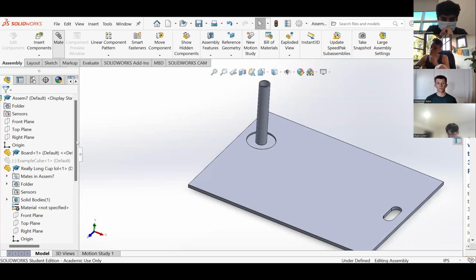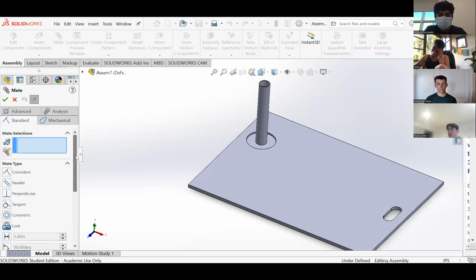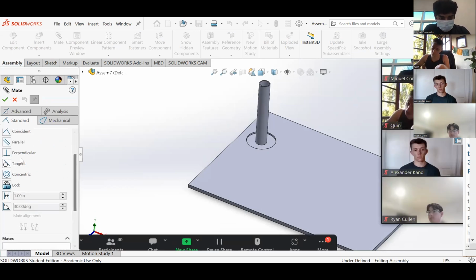The other thing that I can't really demonstrate to you guys because I don't have the part with me is the perpendicular and tangent relations. I'm sure you understand what perpendicular means. You've used it a ton in dimensioning your sketches. It just makes something 90 degrees. It doesn't go over or under. It's just 90 degrees. And then your tangent, you typically use tangent when it's a sphere or a spherical dome,